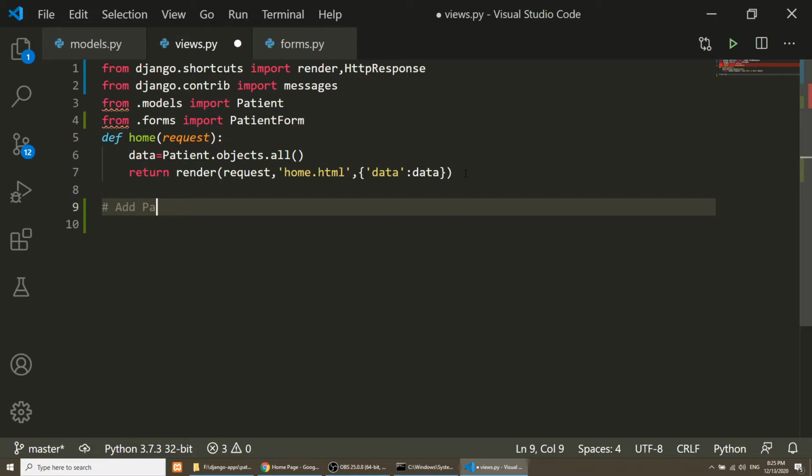The template will be add_patient.html, and in this we will pass the form, where form equals PatientForm.